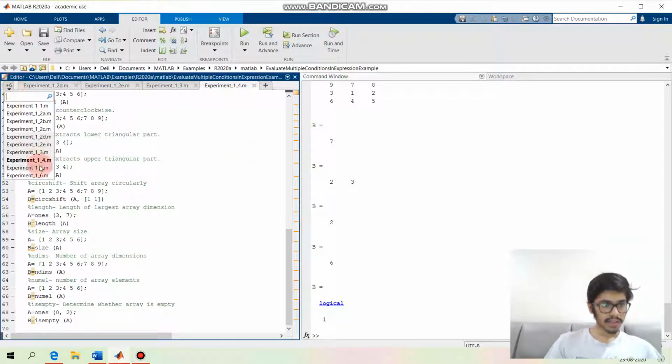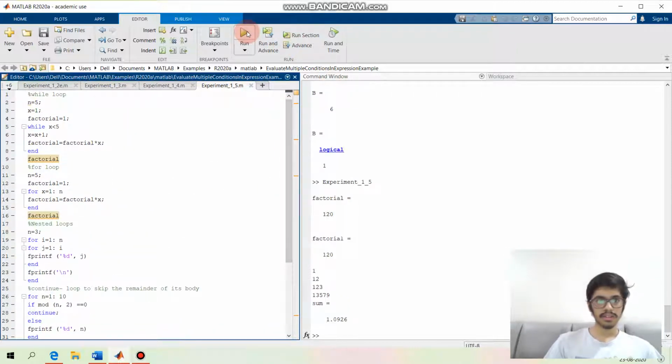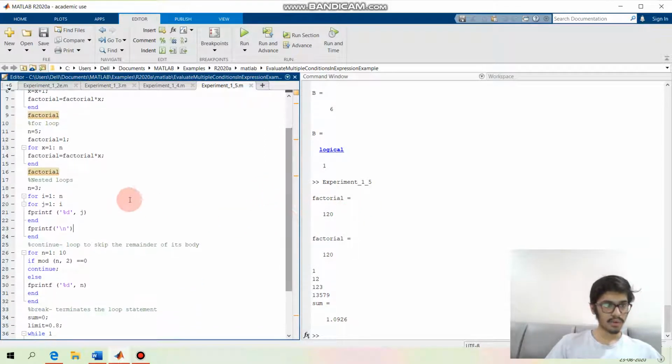Now let's come to the next part of the experiment, which is loops. First, just run the code. Yeah. So while loop, basically this code is run again and again until this condition is satisfied. In this, we consider the factorial of 5, which we get to be 120. Then the same is for the for loop as well. In this also the same thing is done. Basically, factorial of 5 is calculated, and for the number of times this condition is satisfied, this code will run and we get the value of factorial.